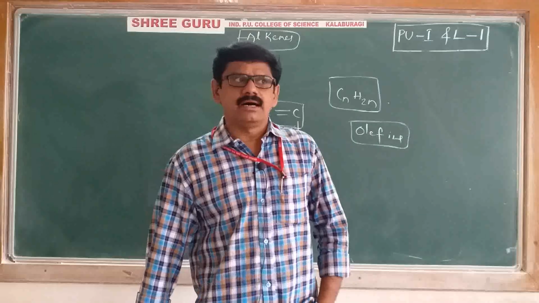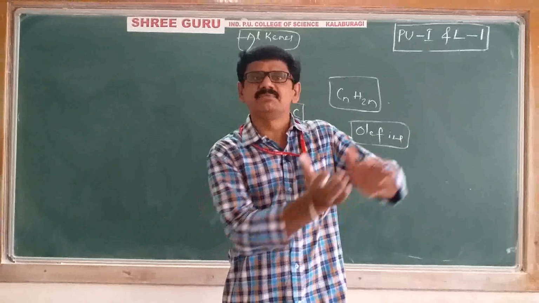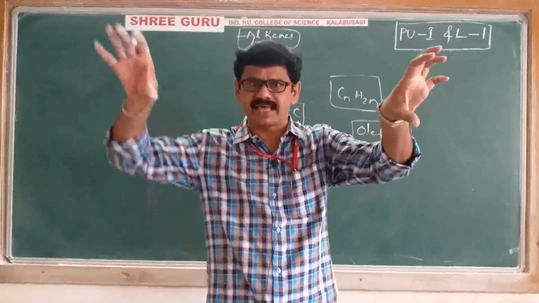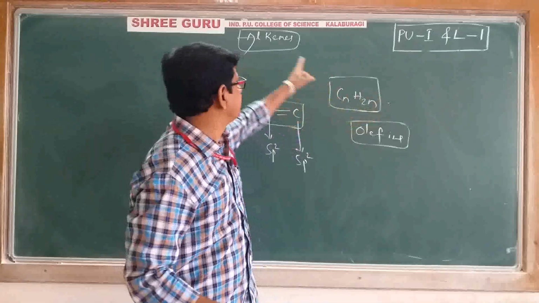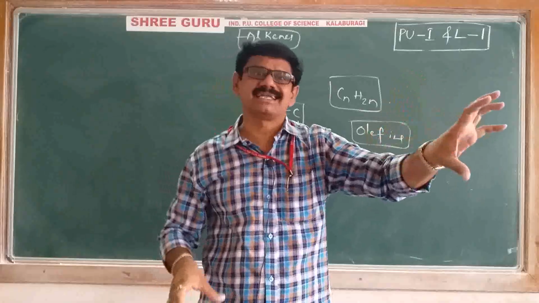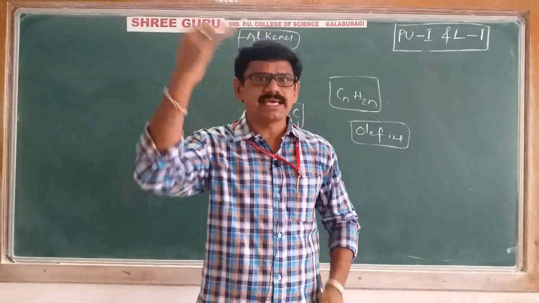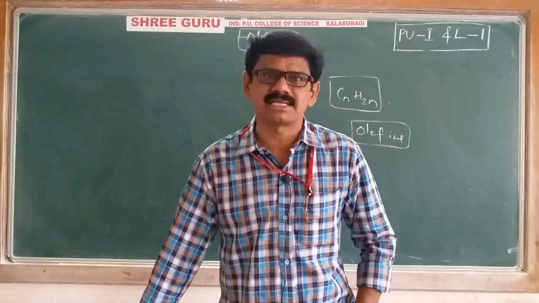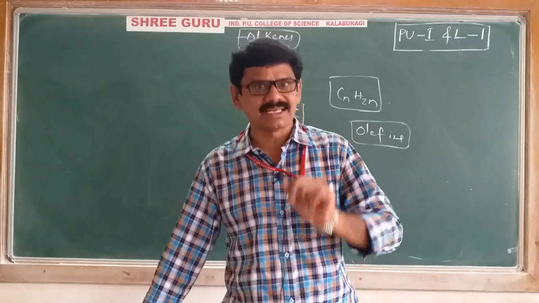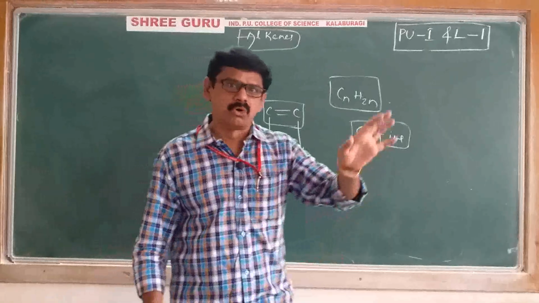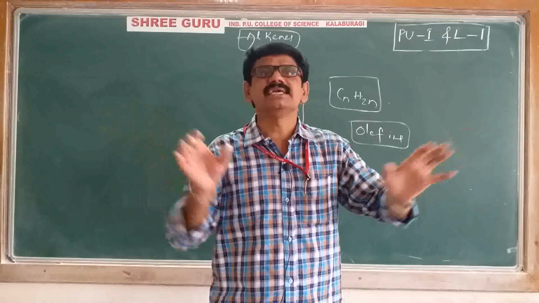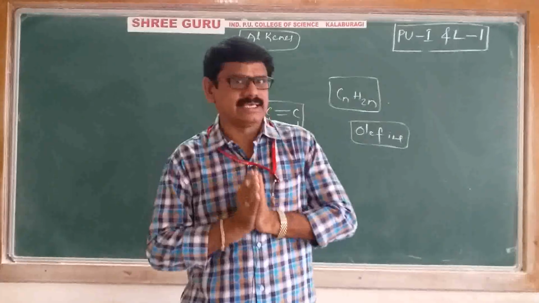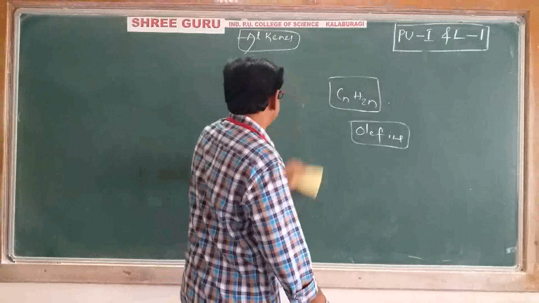See here, the isomerism in alkenes is quite similar to alkanes. Just as alkanes show both structural as well as stereoisomerism, our alkenes also show both structural as well as stereoisomerism. In alkanes we learned conformational isomerism, which is a part and parcel of stereoisomerism only. Let's discuss first structural isomerism in alkenes.